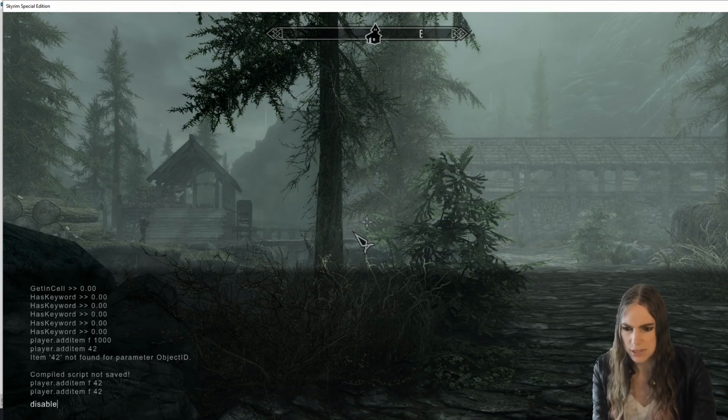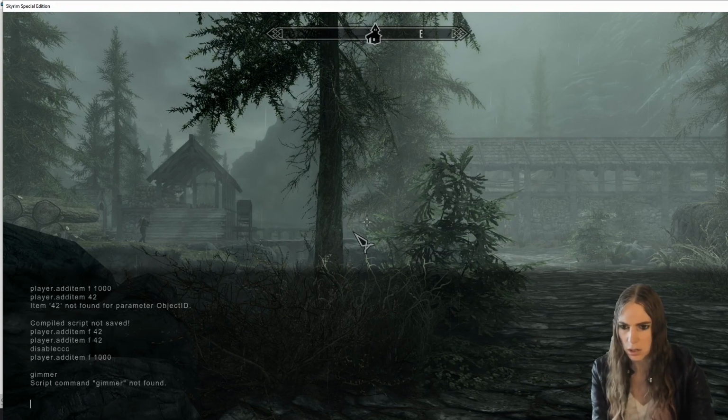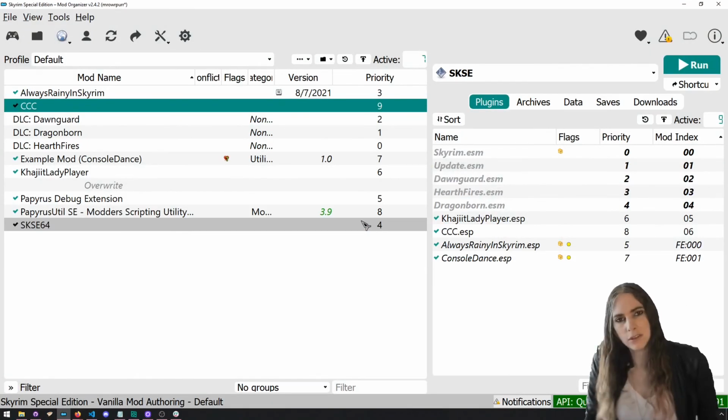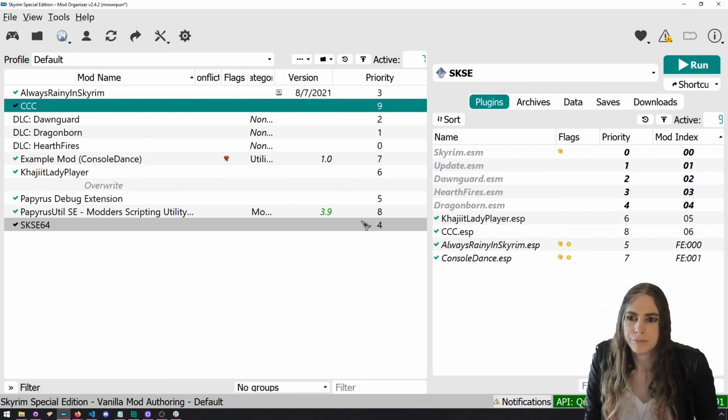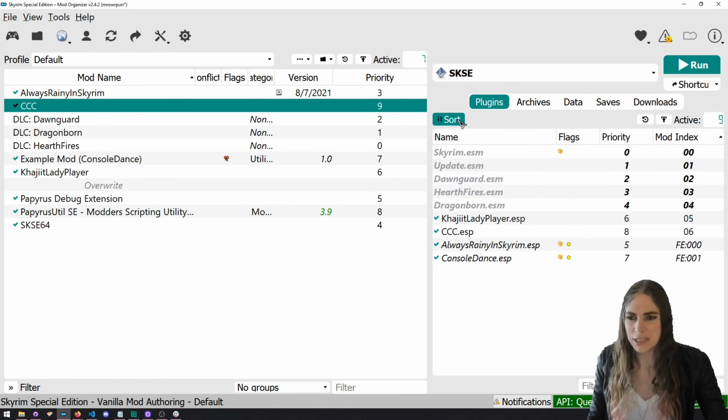Sweet. Disable CCC. And to enable CCC. So now if we do... No, nothing should work. Gimme shouldn't work. If we enable CCC, I don't think you can enable it again, because we gave it back control. So I kind of like having that toggle, and there's different ways that we could toggle it. But obviously, once you disable it, you can't use the console to turn it back on. So we'll need to provide a spell or an MCM menu or something like that. I don't think this really needs an MCM menu, but